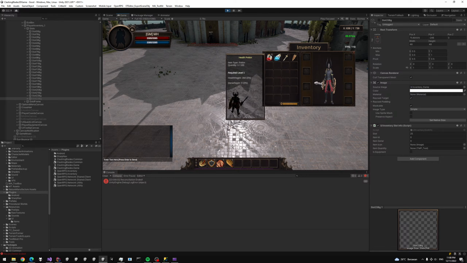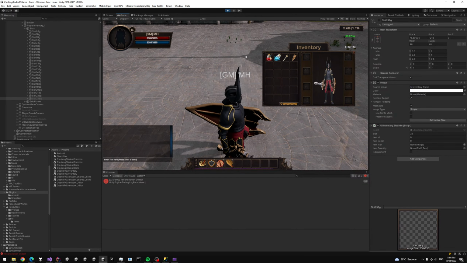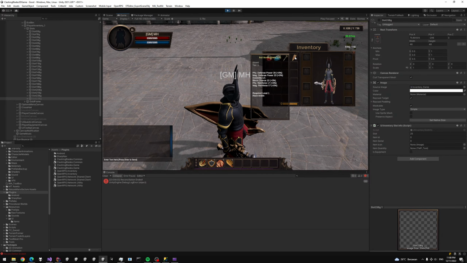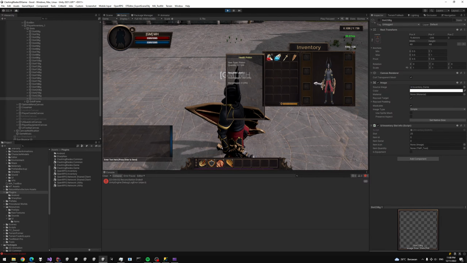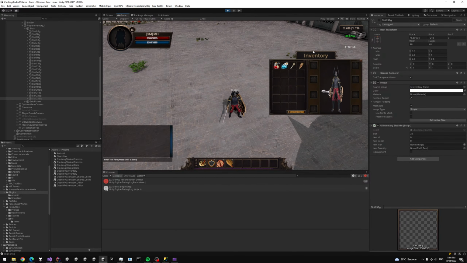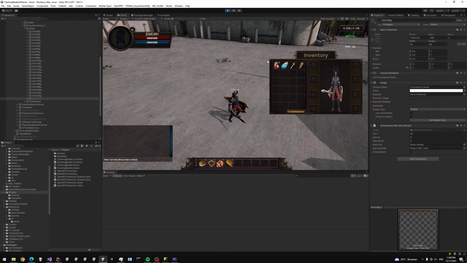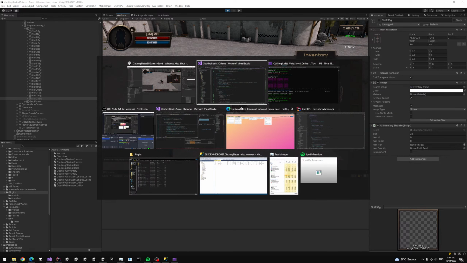So eventually we will want to have custom written tooltips for these kinds of items, for weapons and shields and stuff like that. It can be automated, but for potions, we would just have to say this powerful potion gives you 350 HP on usage. And if I right click,